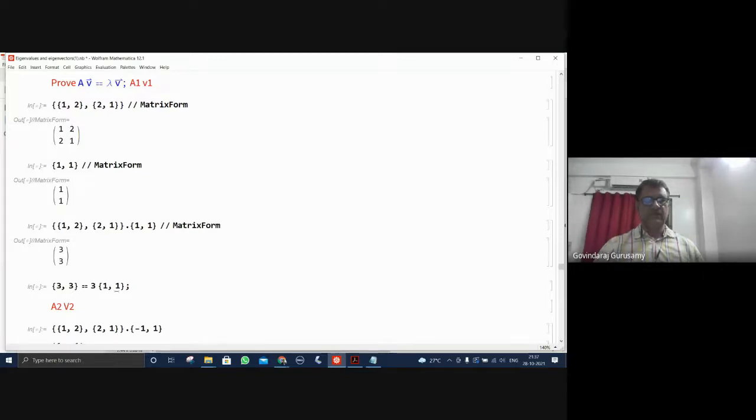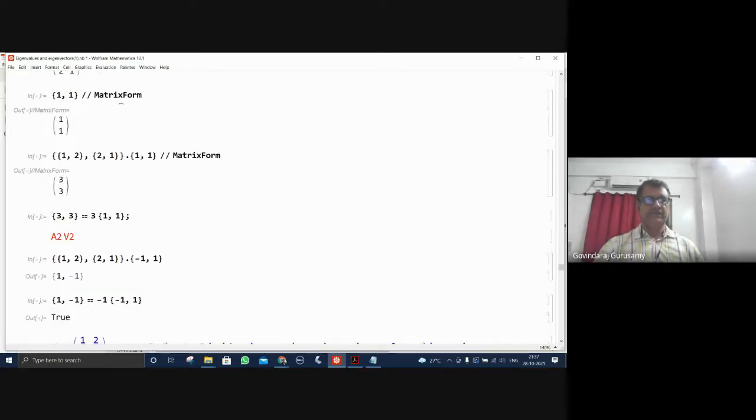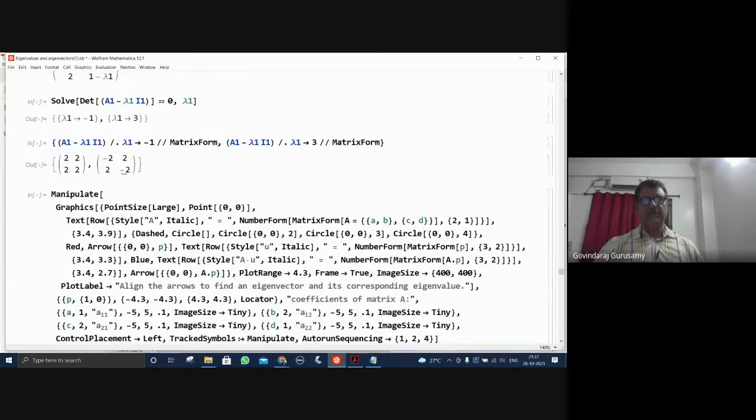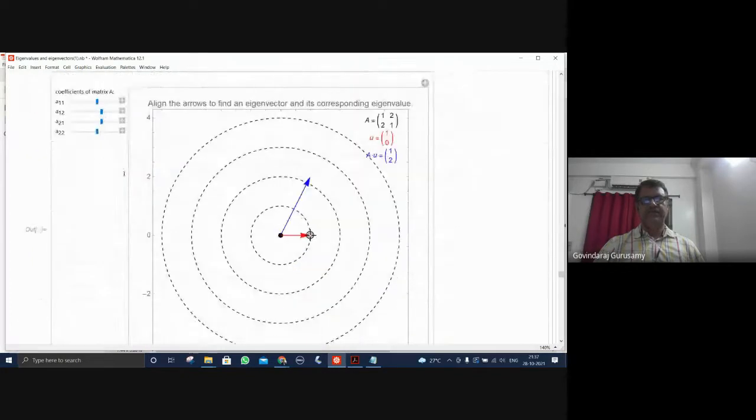This is the vector (1, 1) that can be found here. Similarly, (1, 2; 2, 1). By using (A minus λ) into B equal to 0, this is also known to you. I have just described here how to get this value. That has been represented here in pictorial form.